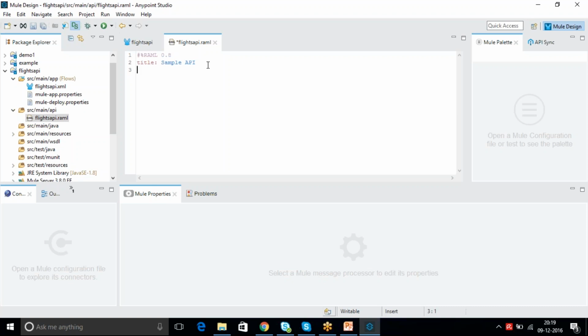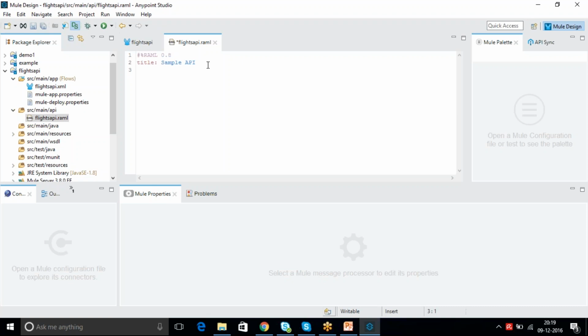You need to write some get, post, put and delete methods. Mainly we use these four types of operations: get, post, put, and delete. Get is to get the data from the different kinds of systems you are going to interact with. Post is to create new records in the system, put is to update your records, and delete is to delete the records.